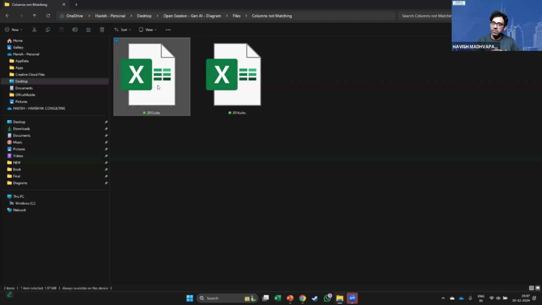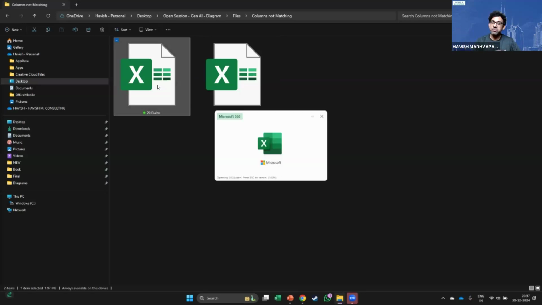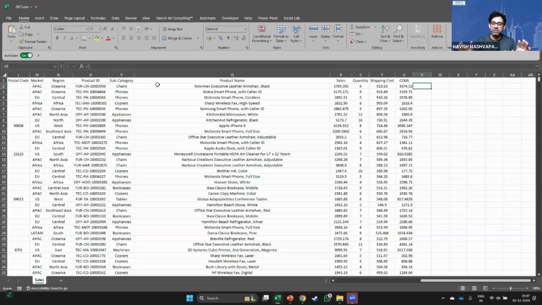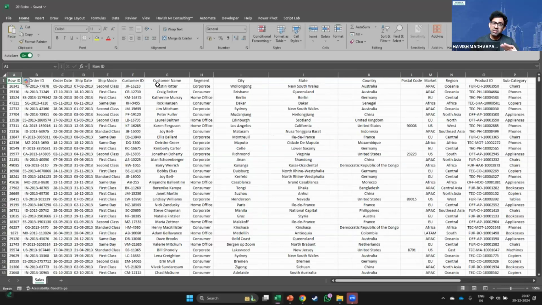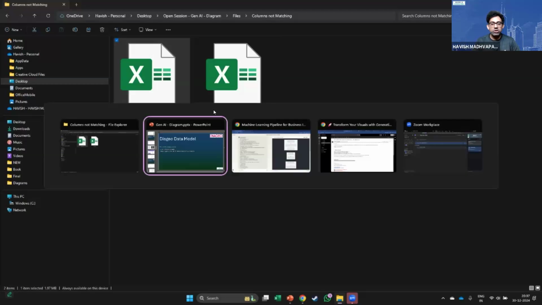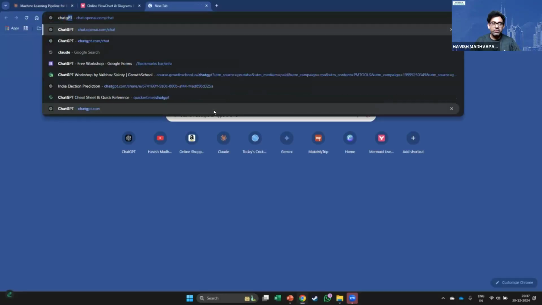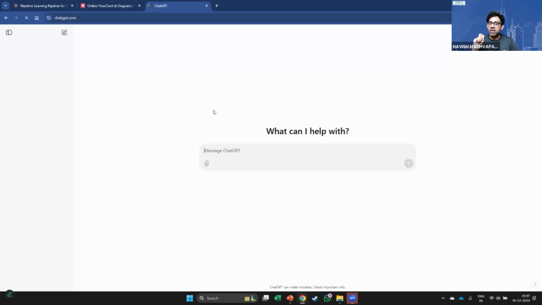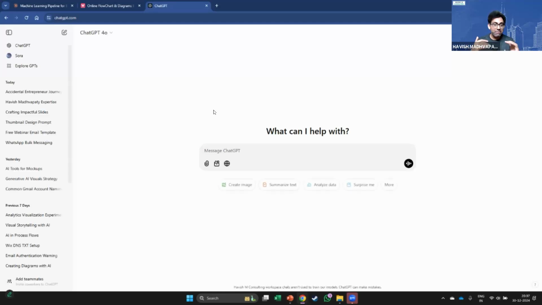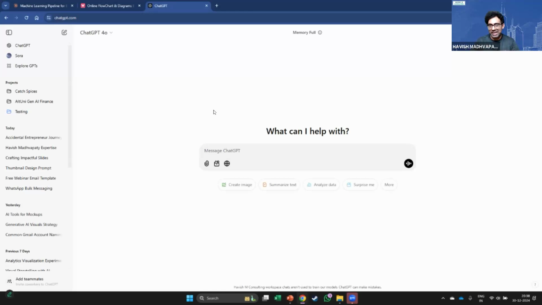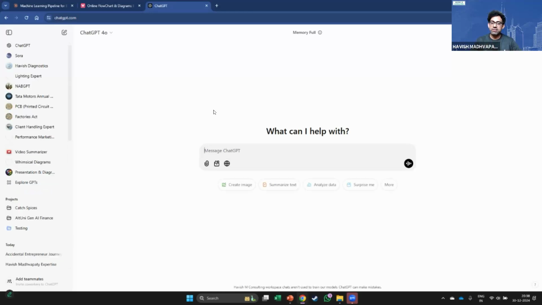Now, either you open the file and then you open the other file and then you go column by column to check if they are matching or not. It's a boring, repetitive, time consuming process, and the chance of you making an error is immense. Now, what I'm going to do here is I will do this on ChatGPT. You can do it on Claude as well, but just for variety, I'm doing this on ChatGPT. Now, in ChatGPT, I'm not going to do it natively. I can, but I'm going to use something called Whimsical.